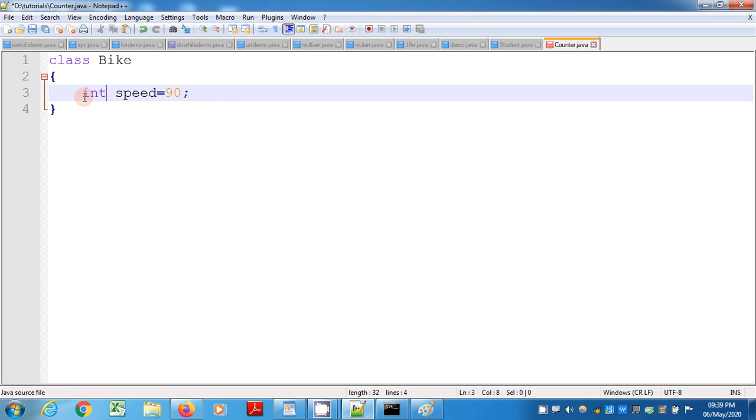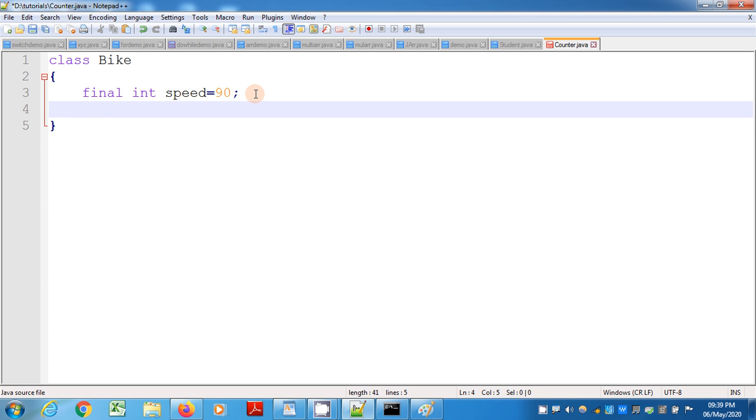I want to set this as final. That means I want to make this variable a constant variable. No one should change this variable throughout the program, right? Suppose anyone tries to change this,